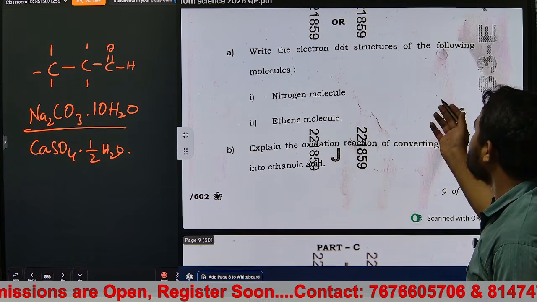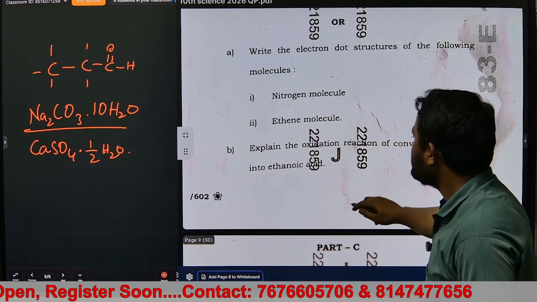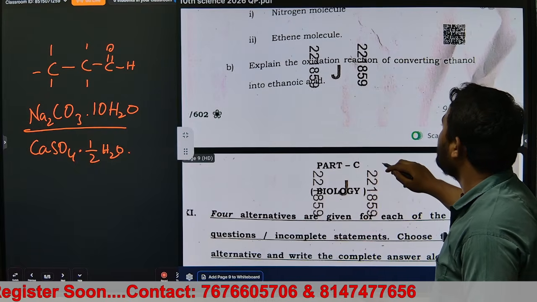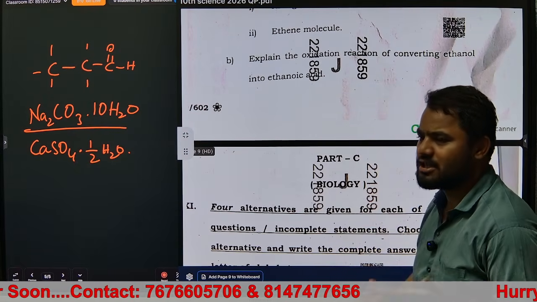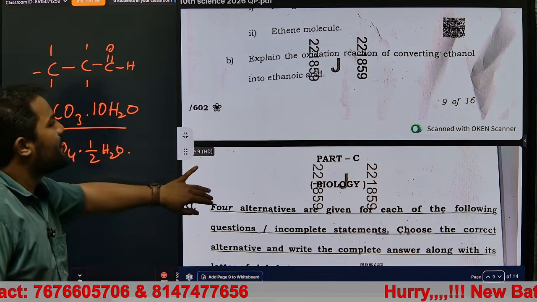Write the electron dot structure of the following molecules: nitrogen molecule, ethene molecule. Next, explain the oxidation reaction of converting ethanol into ethanoic acid. Ethanol is converted to ethanoic acid by using the oxidizing agents. Okay. Next,